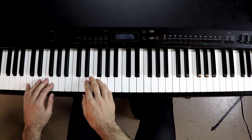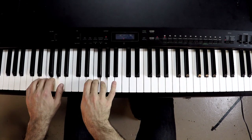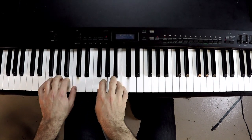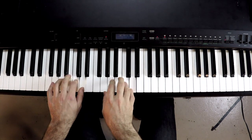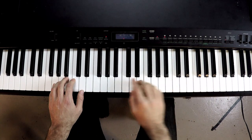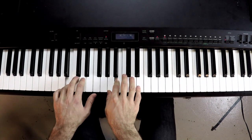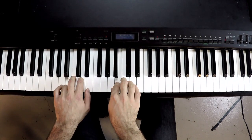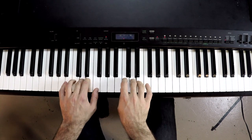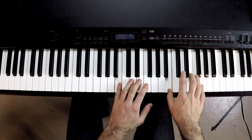Here is the first exercise out of the Hanon book. It goes like this. Notice how the same pattern repeats and it ascends all the way up the piano. We have this first note, skip a note, now use all the fingers, now we end on a note 1 higher, skip a note, all the way up. Once we get up to this place up here,